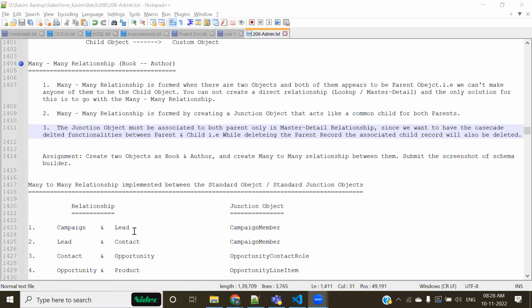In our example, if you have a position, then recruit a candidate, then there must be a candidate. If there is no position, there must also not be a candidate. So we call this cascade deletion. When there is a parent, there must be a child. If there is no parent, there must not be a child. So this is what cascade deletion is. Okay, sir. Okay, guys.